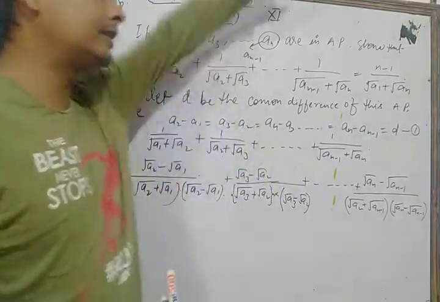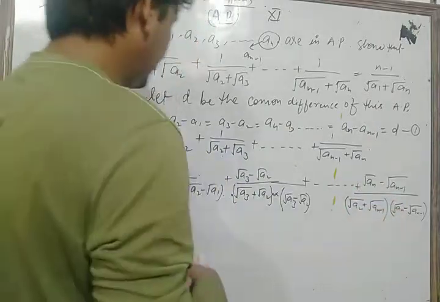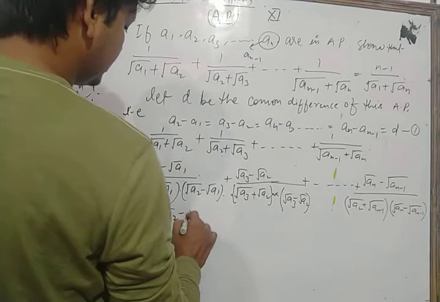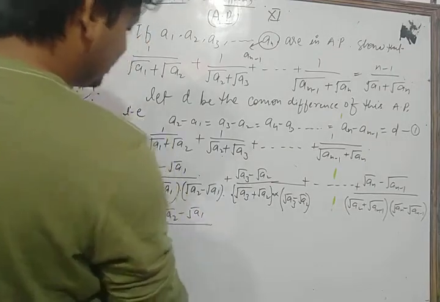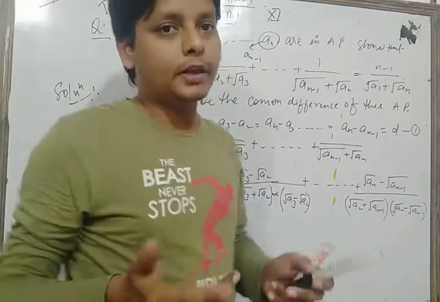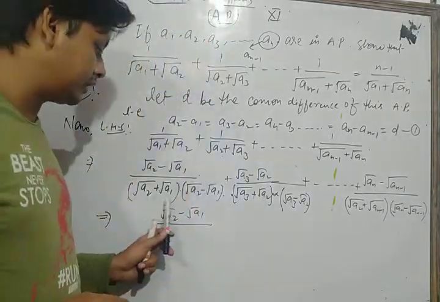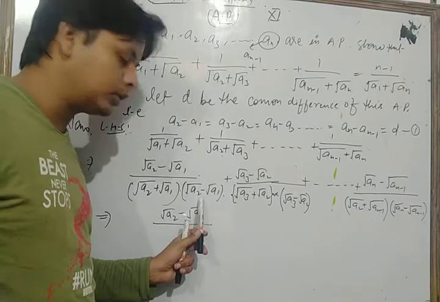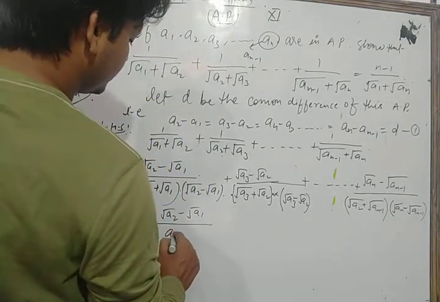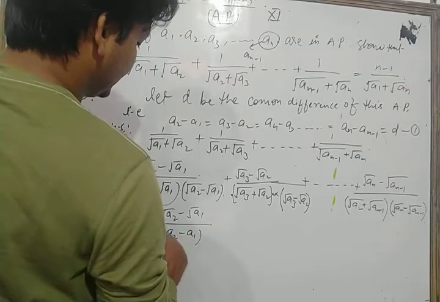Now, dear students, let's see. After this we have, let's see. Now we have here a2 minus a1 as it is, and in the denominator we apply the identity a square minus b square is what? a plus b into a minus b. So here a2 plus a1 and in another bracket under root a2 minus a1. So here we write a square minus b square, which means a2 minus a1, we get in this way.